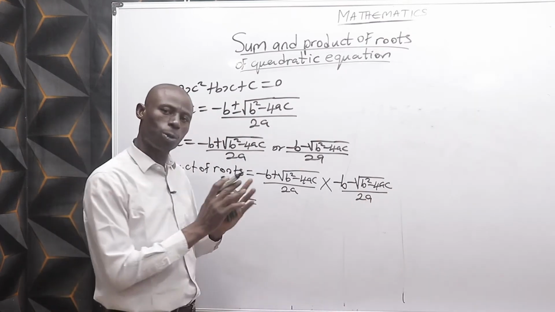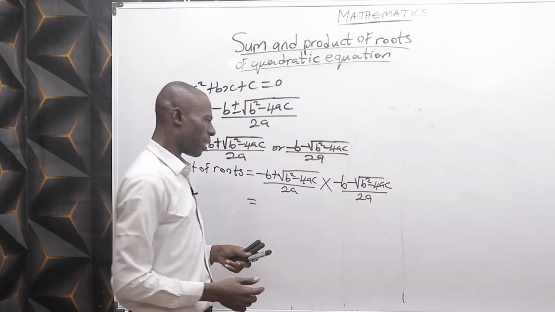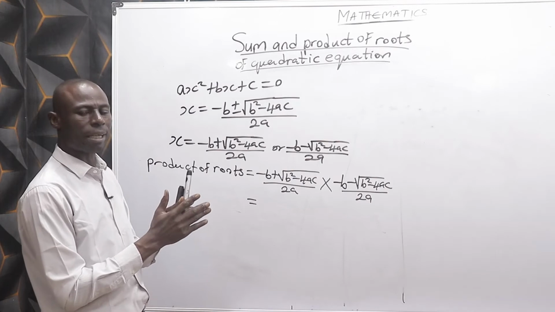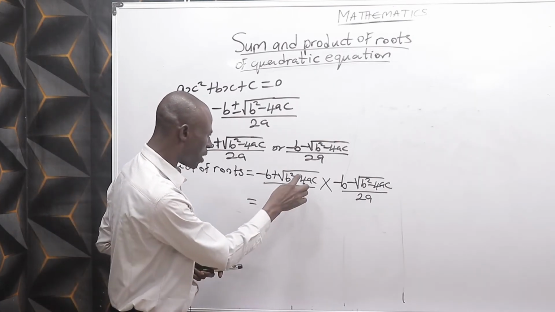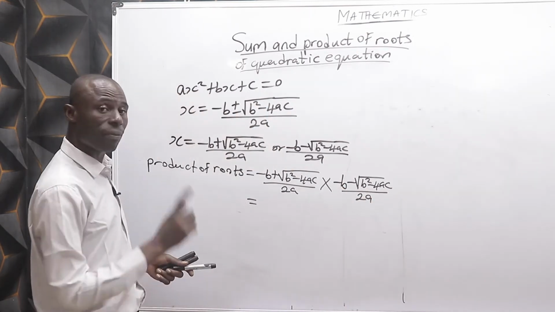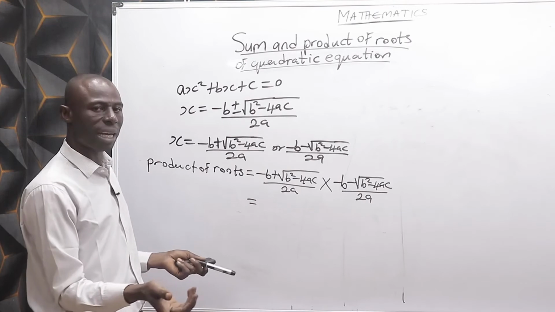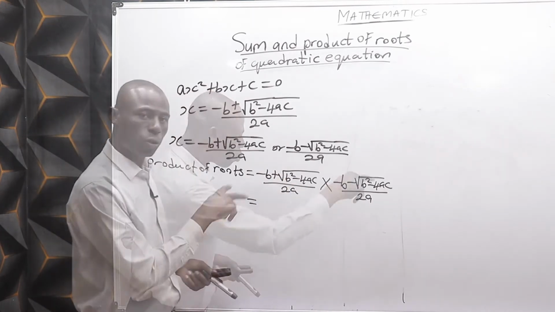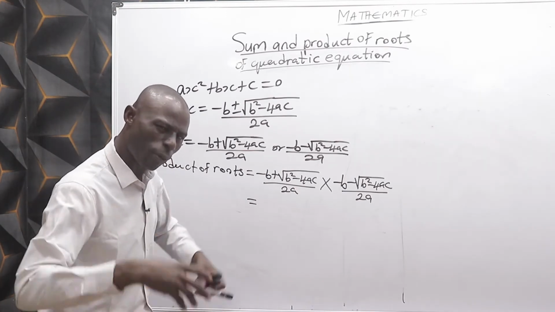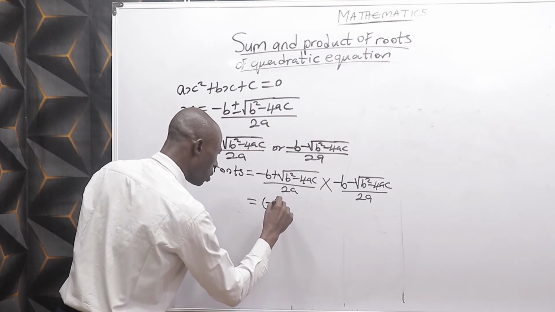So see, what I want to do here is technical though simple. Look at the numerator here and the numerator here. You could see that they are exactly the same thing, except for the sign that links them. The sign between minus b and this root is the only difference between them. While the sign here is positive, the sign here is negative. Wherever you have something like that, that means the numerators of the two terms are representative of a difference of two squares, which could be summarized as minus b all squared